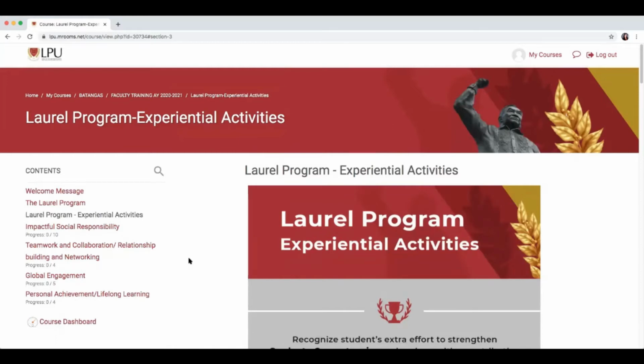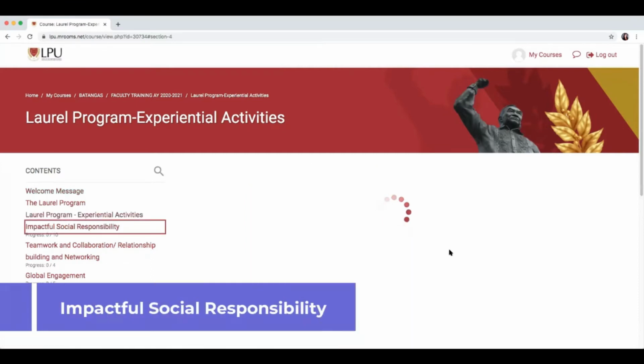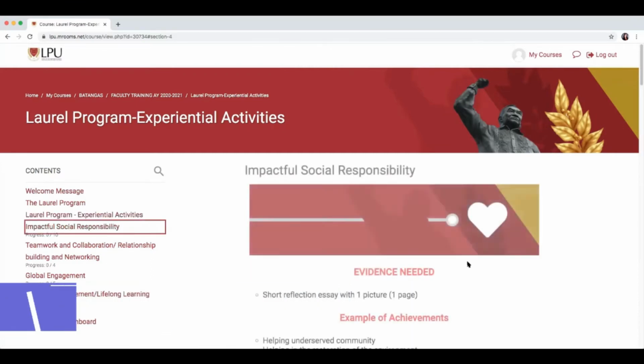Suppose you participated in the community extension activity of the university. Kindly go to Impactful Social Responsibility section.